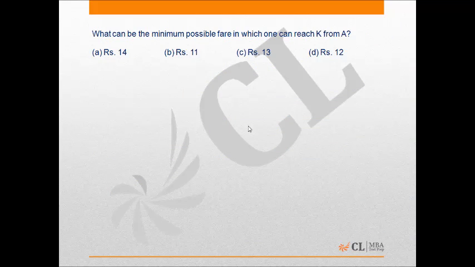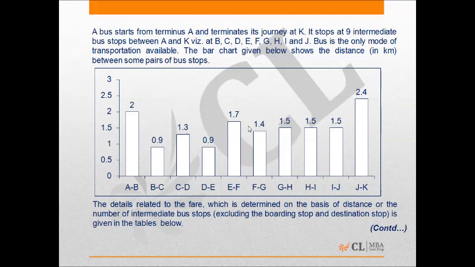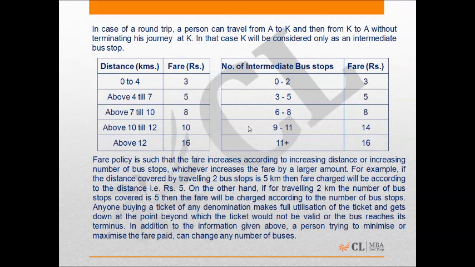Let's move to the first question of this set. It is asking what is the minimum possible fare in which one can reach from K to A. We want to reach from K to A, and it can also be noted from the first table that the fare for a distance between 4 and 7 kilometers is the most economical, as to travel up to a distance of 7 kilometers, we just need to pay rupees 5. On the basis of this observation,